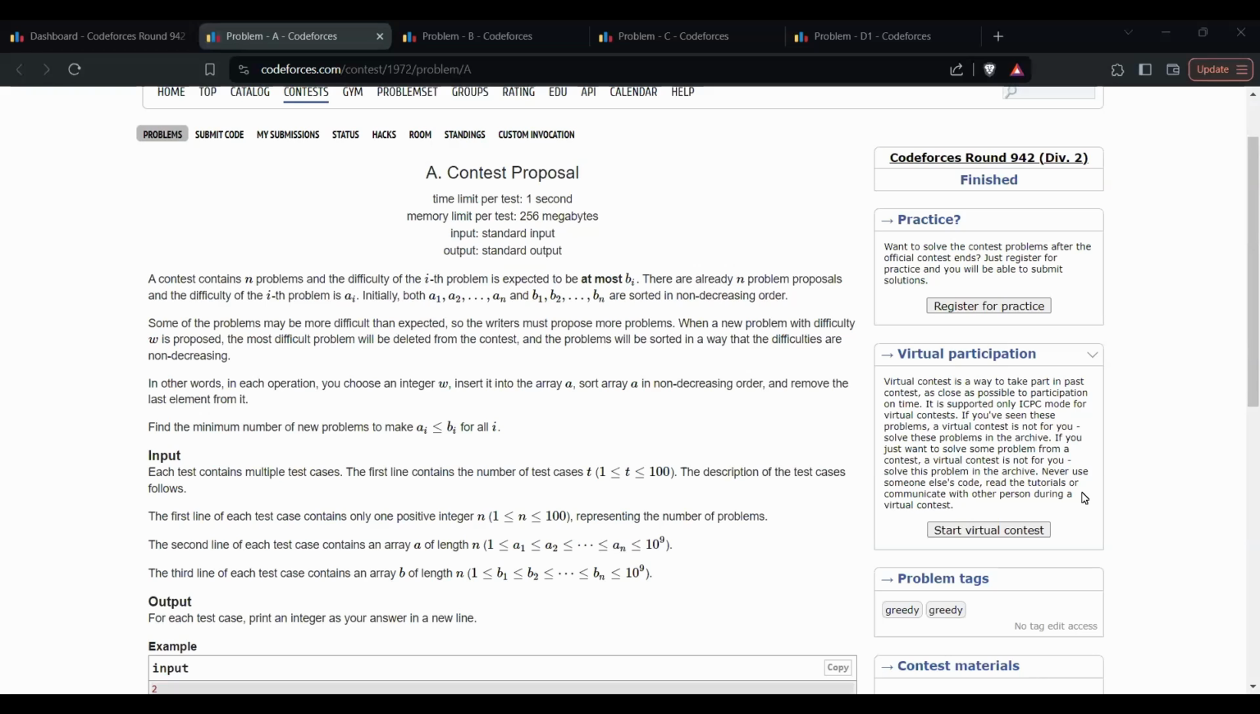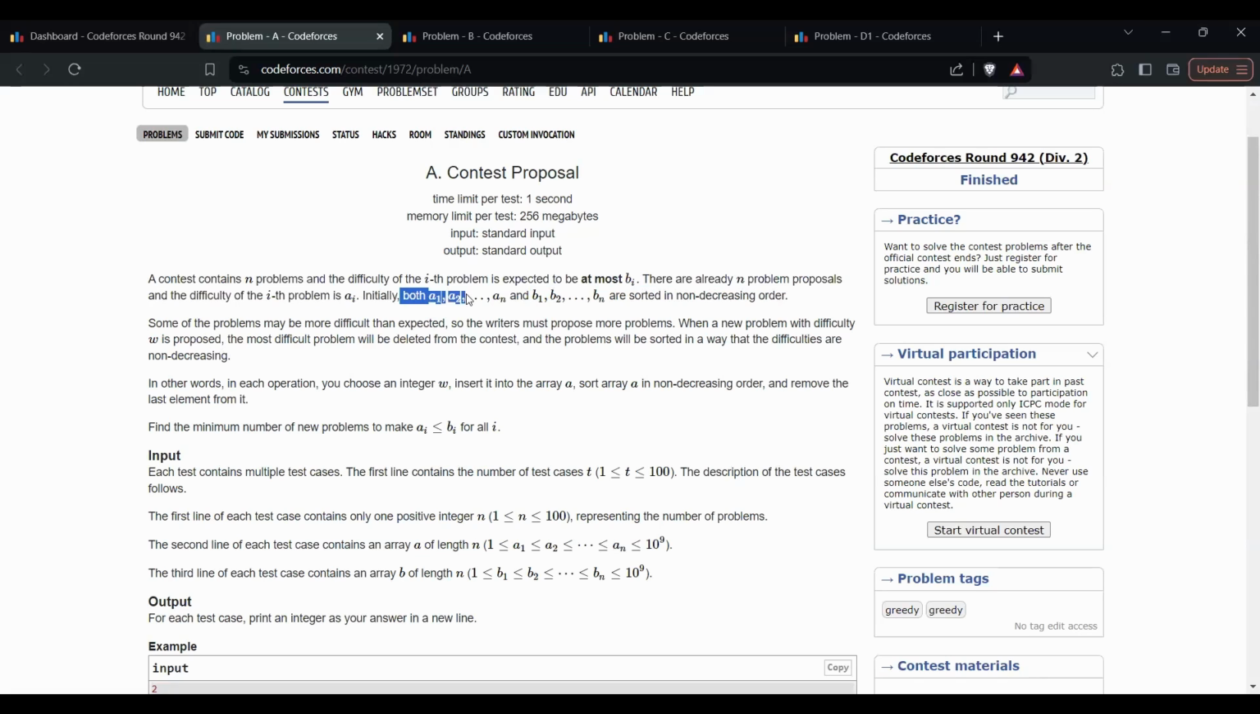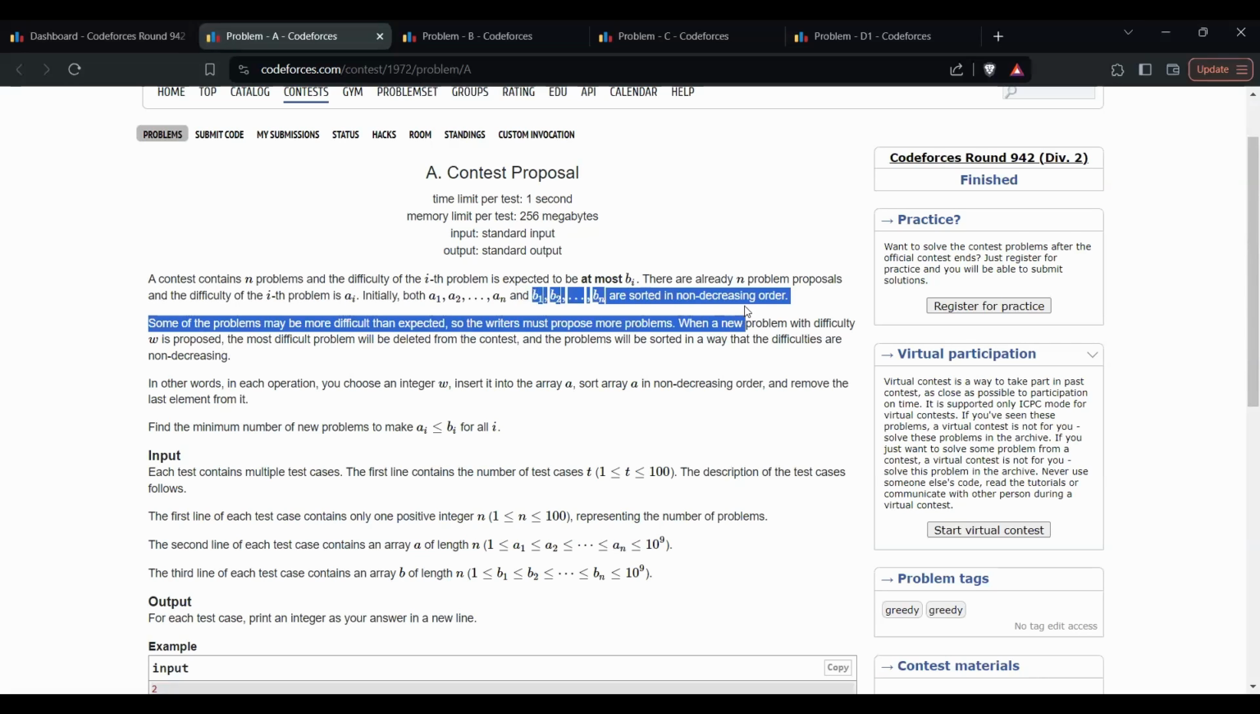So, hello everyone. This is the first problem of today's educational round, and in this problem, we're given that a contest contains n problems with the difficulty of the ith problem expected to be at most bi. There are already n problem proposals, and the difficulty of the ith problem is ai. Initially, both a1 to an and b1 to bn are sorted in non-decreasing order. Non-decreasing order is simply